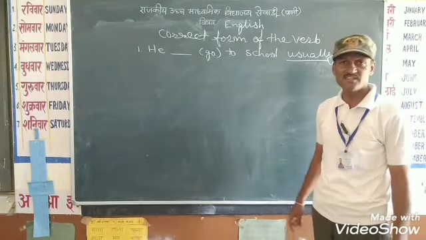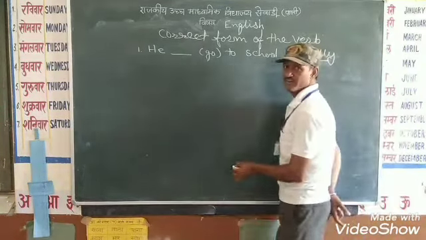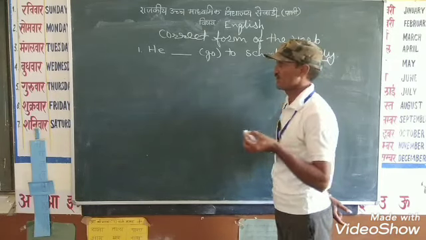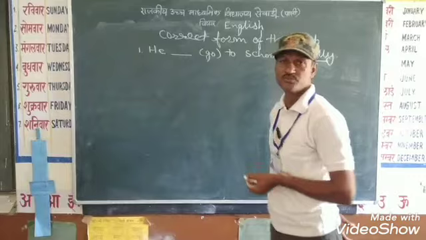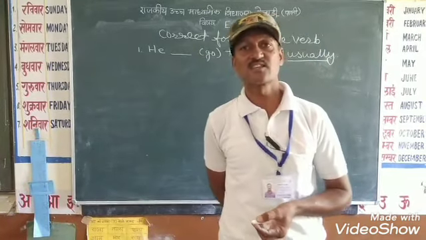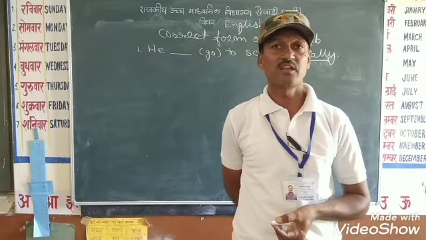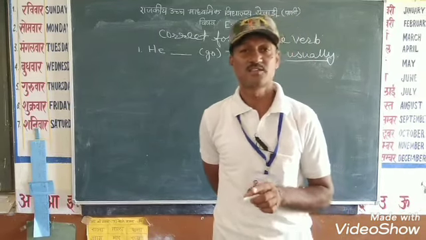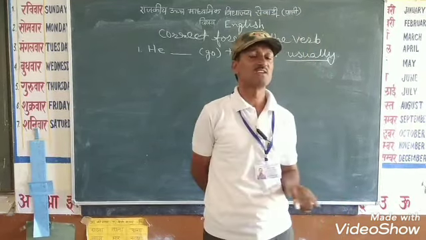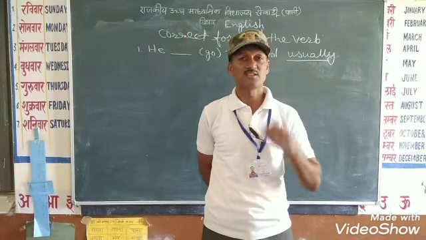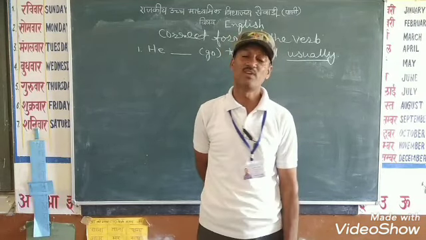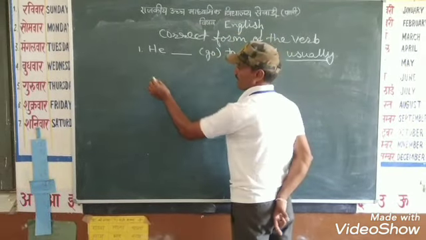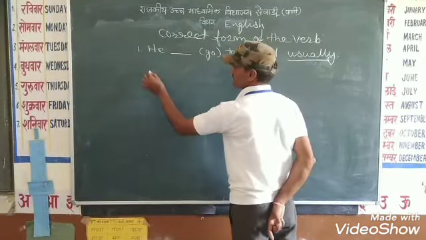If the following words are available in the sentence, then we use ES with a singular subject and the same form of the verb with a plural subject. The words are